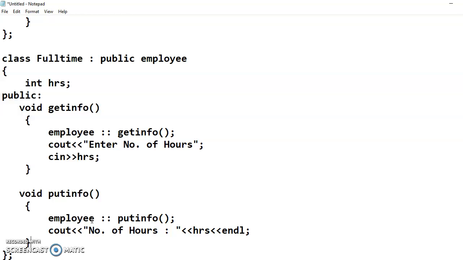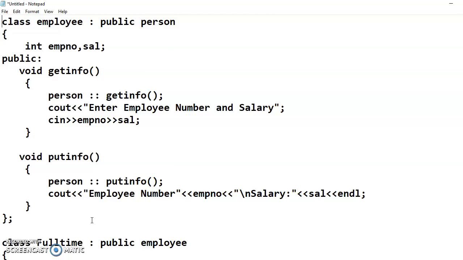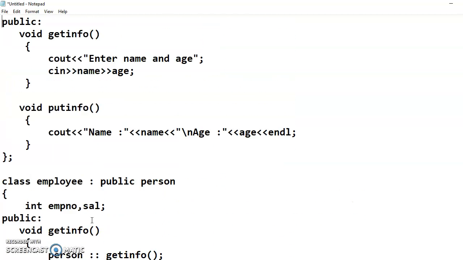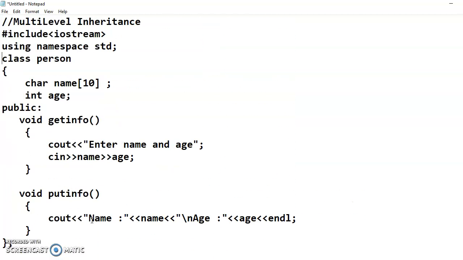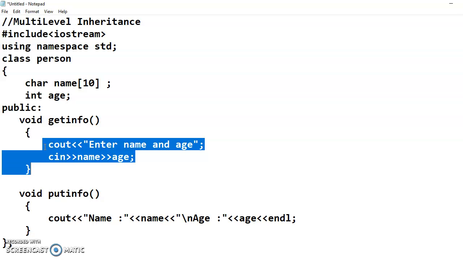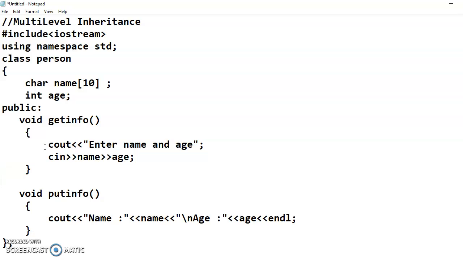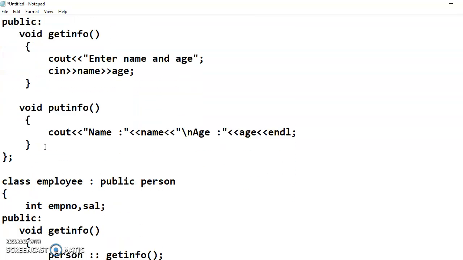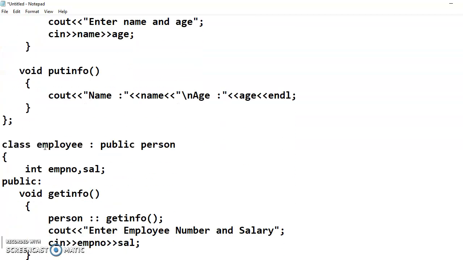In the class person, we are asking the user to enter person name and person age. In the employee class, we are asking the user to enter employee number and employee salary.